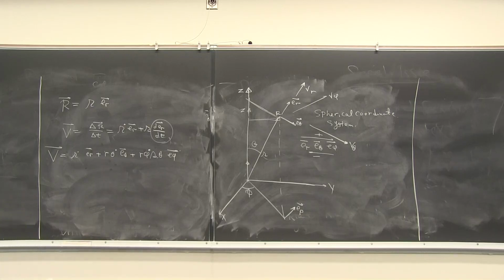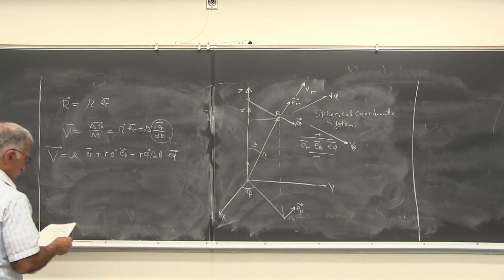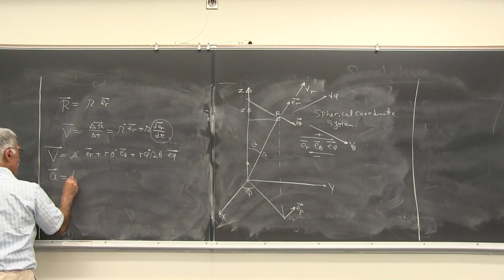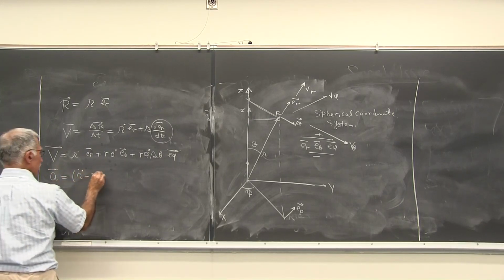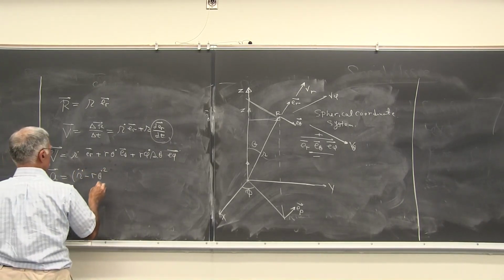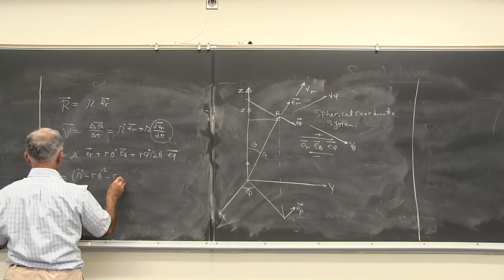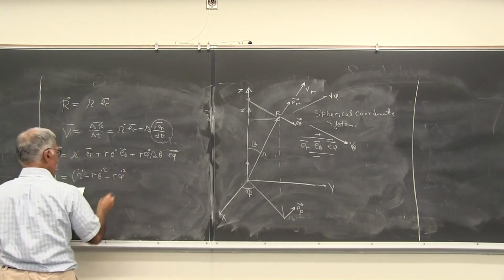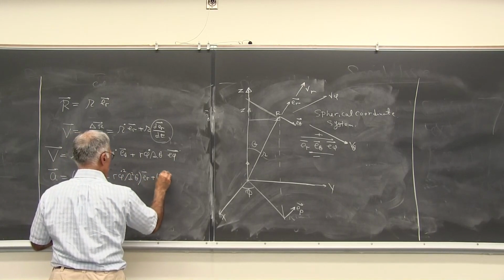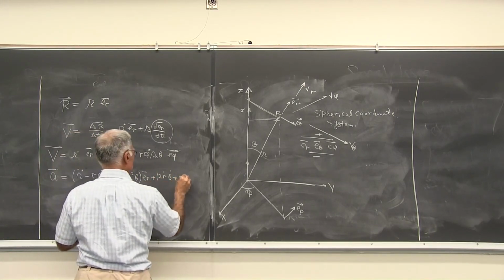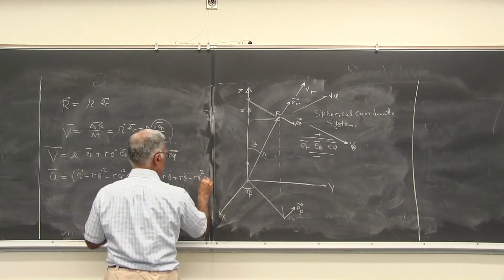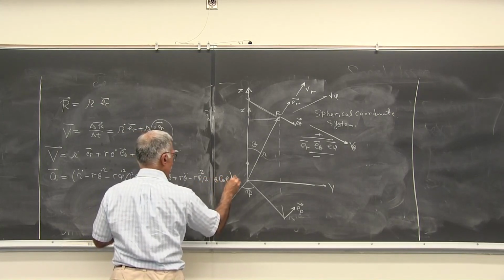You can also find acceleration. And acceleration becomes A is equal to r double dot minus r theta dot square minus r phi dot square sine square theta, e_r, plus 2 r dot theta dot plus r theta double dot minus r phi dot square sine theta cosine theta, e_theta,